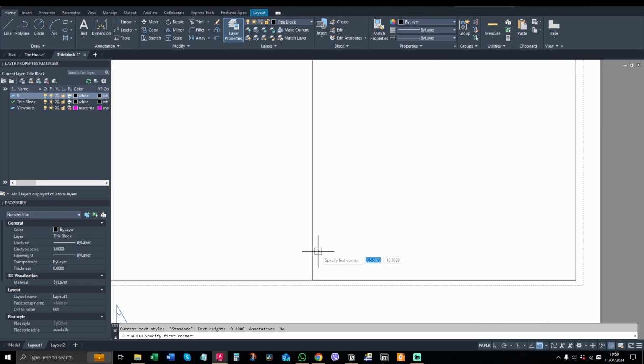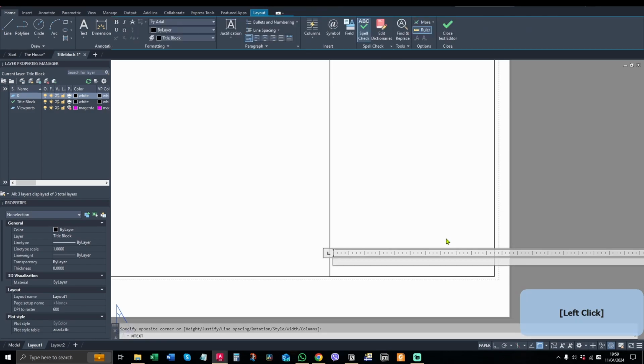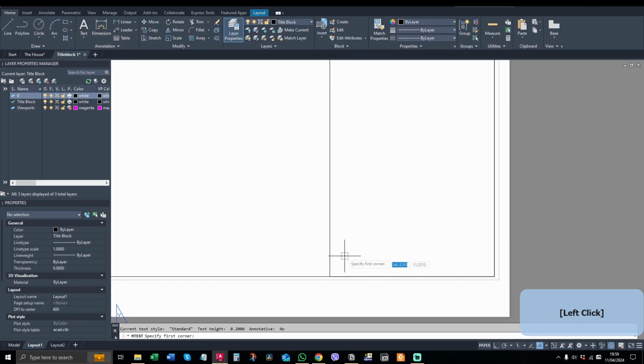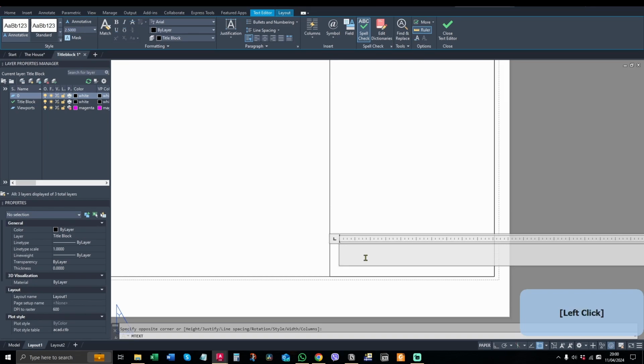But the labels, things like project number, title for drawing, are not going to change. They're going to be the same every time. So we're just going to make them in text. If you just click the big A, pick a spot. We're not going to use all that. For A3, I tend to set my text at 2.5. Type some stuff in this time, so we're going to type in